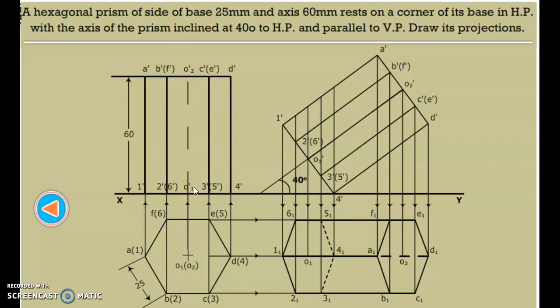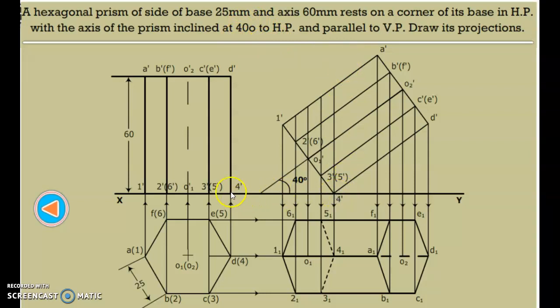Now we have drawn our initial shape, and the main thing is our sum is axis inclined. Am I right? Our sum is axis inclined. So axis inclined at 40 degree. So the axis inclination is 40 degree. So listen carefully. How we are going to draw is 90 minus this 40 will be 50 degree. Am I right? 90 degree minus this 40 is equal to 50 degree.